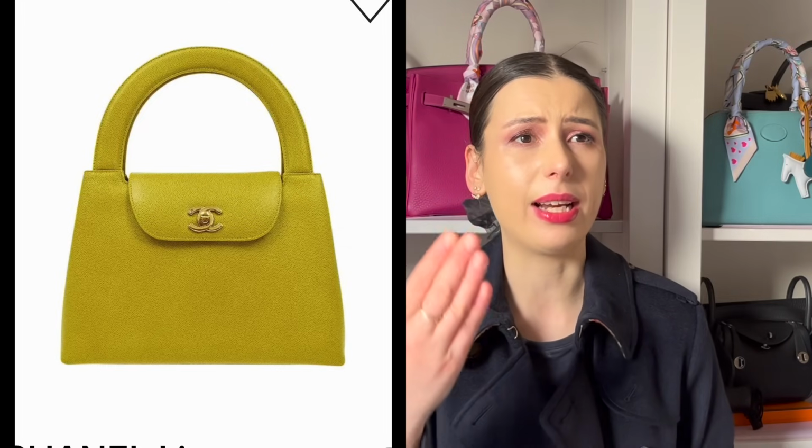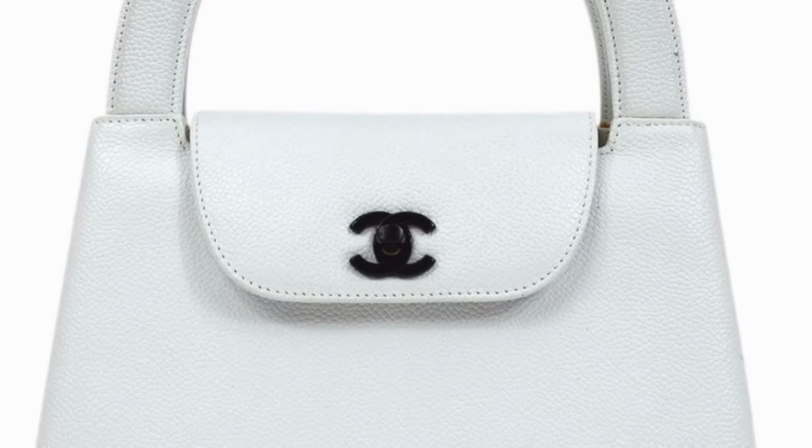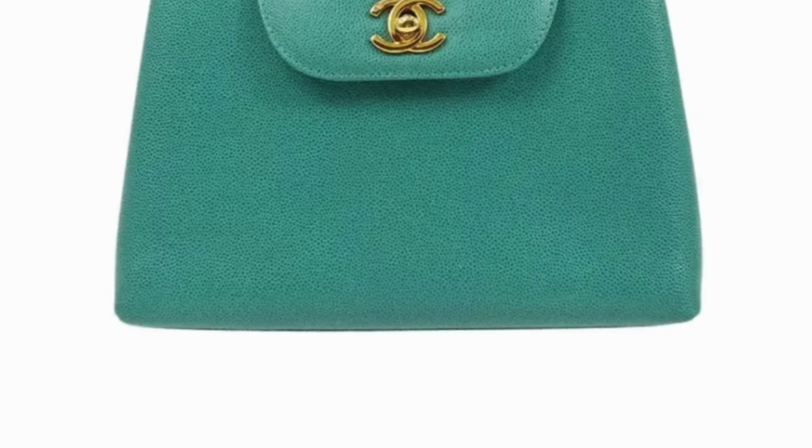It's almost like 60s style, and it's very different from a regular Chanel bag because it doesn't have a strap, it tends to not have quilting, and I've seen it in plain caviar, I've seen it in exotic, like crocodile, I've seen it in patent leather, and there was a version in white with black hardware, and the colored versions came with the gold hardware with the gold plating. And to me, it was a really elegant bag. It didn't have a strap, it was very simple, and I like how different it was to a regular Chanel bag,